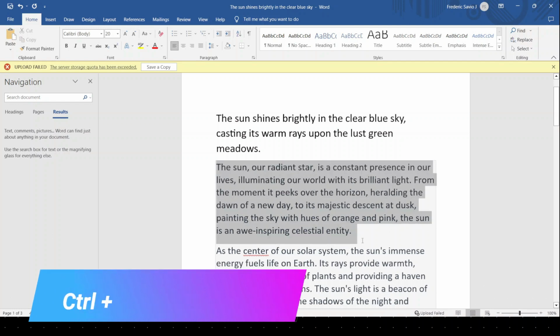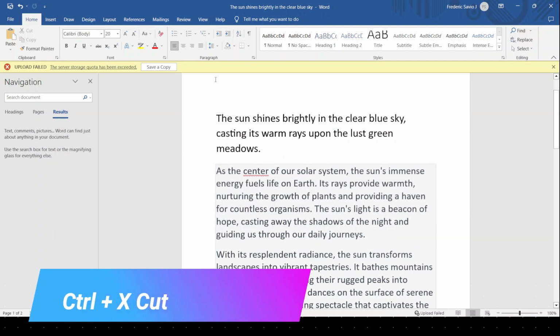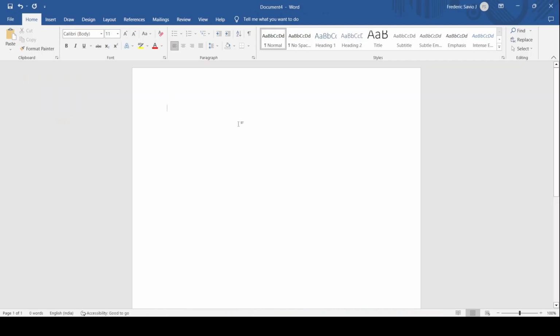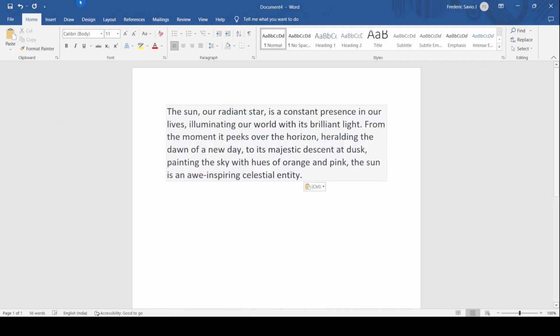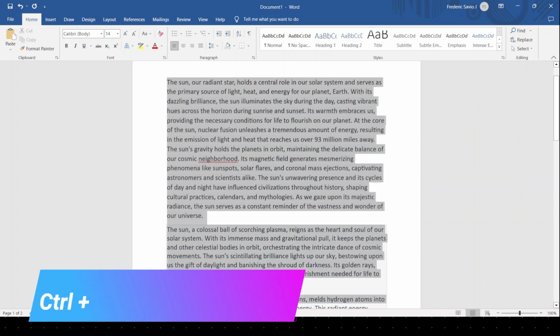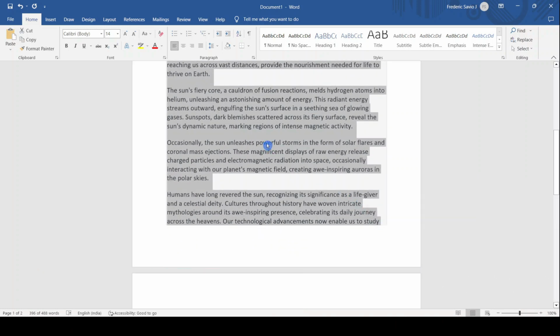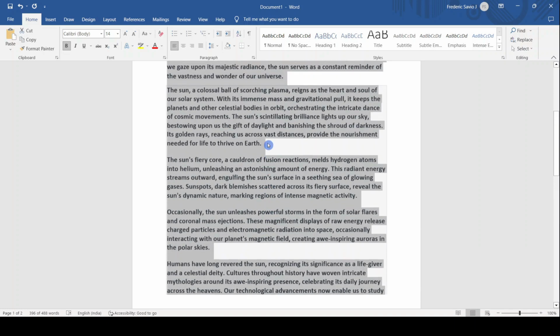9. Ctrl+X, cut. Similar to copying, this shortcut cuts selected text or items and removes them from their original location, ready to be pasted elsewhere. 10. Ctrl+B, bold. This shortcut allows you to quickly apply bold formatting to selected text in word processors, text editors,